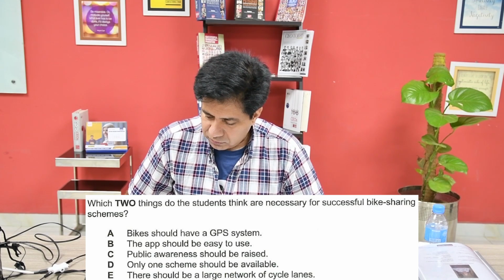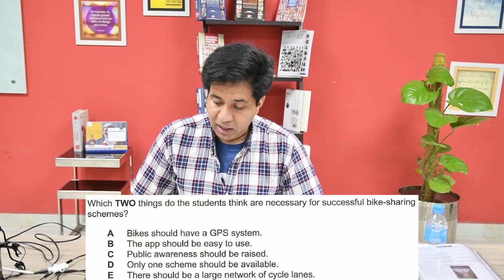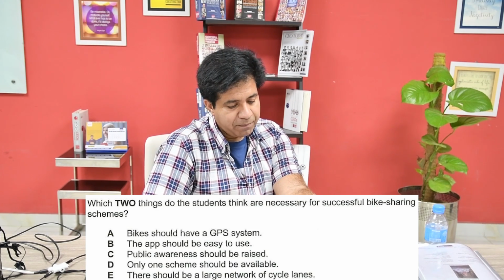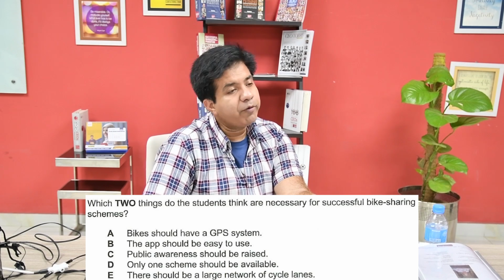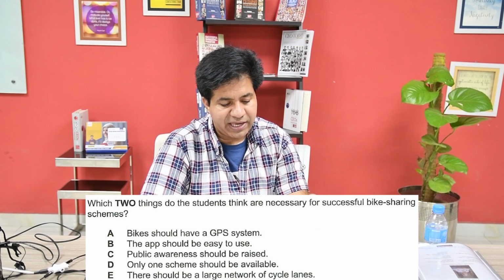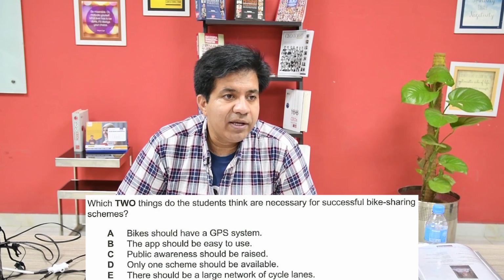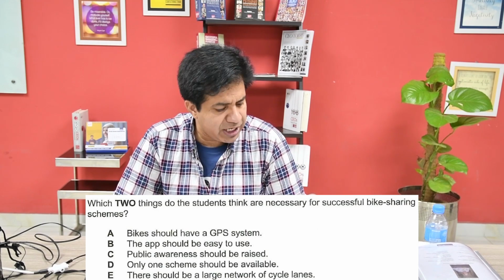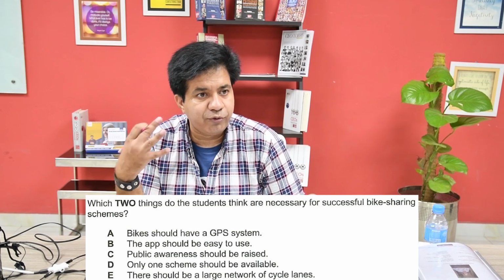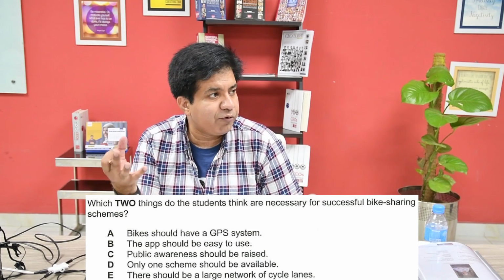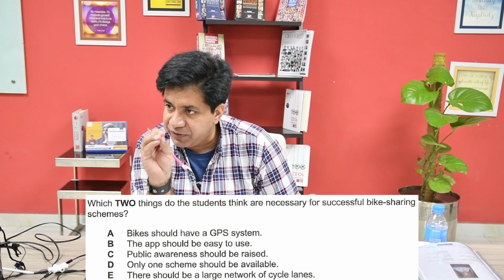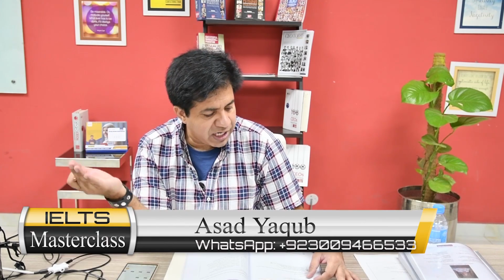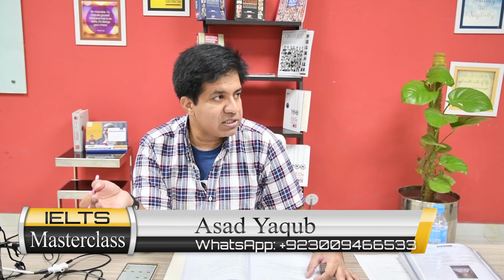Now let's go on. A big publicity campaign. Publicity. Now big publicity campaign, what is that? Public awareness should be raised. For public awareness they used big publicity campaign. So the right answer is B and C. And you can write it in any order on your answer sheet, like 23B and 24C or 23C, 24B. But I will advise you to write the first letter with first question, second letter with the next question, like 23B, 24C, right?